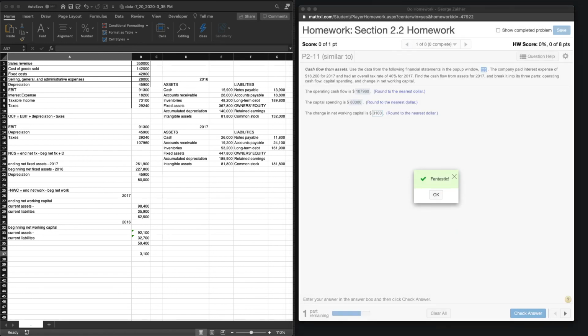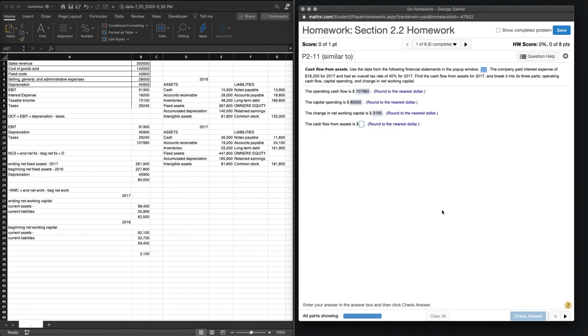Wonderful news. So finally, we're going to put it all together. The cash flow from assets is going to be, let's take a look at an equation here, our operating cash flow minus our net capital spending minus our